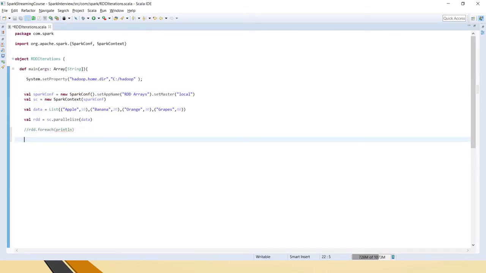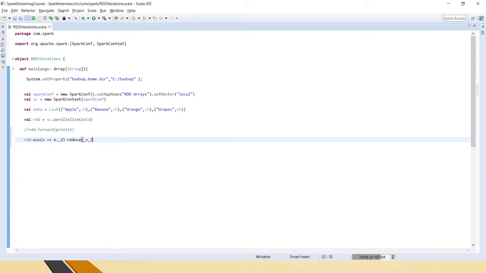Now we will see how to get the sum of all these values. For example, in a day these many things are sold and we want to get the total sales. How to do that? RDD dot... there are three kinds of operations we can do. I'll show them one by one.